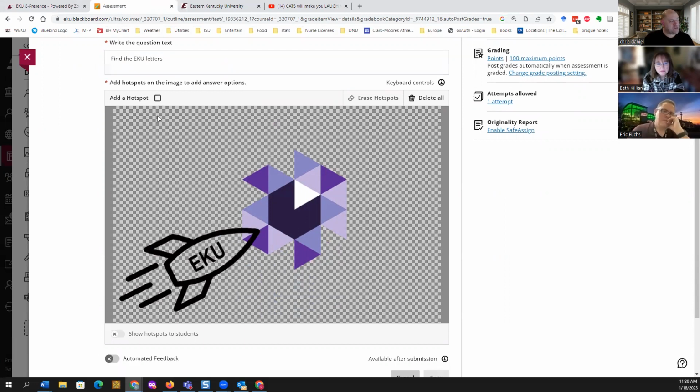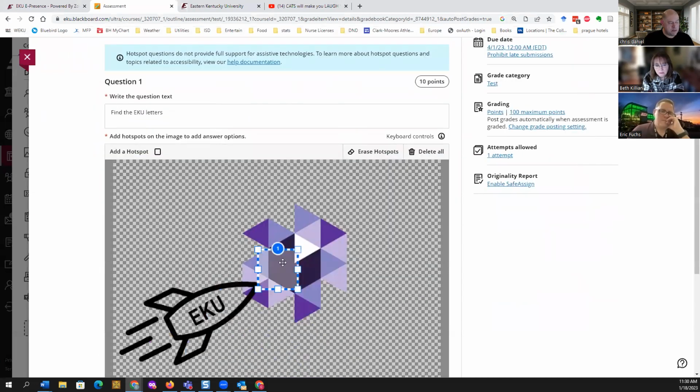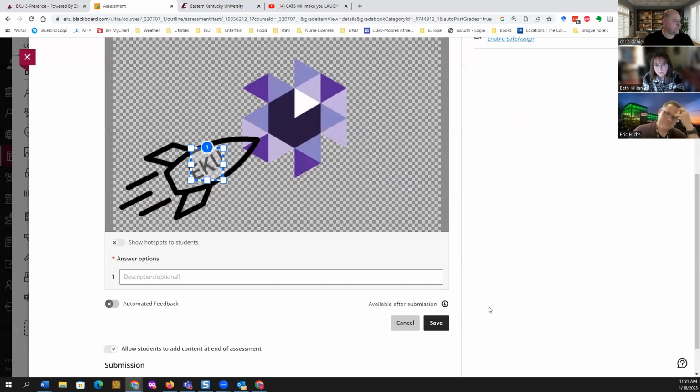When I click add hotspot, it makes the hotspot on the screen. I can size that hotspot however I want, and I can leave it alone. That can be the question. When the student sees this question, they just drag the hotspot marker down from the top of the screen and place it wherever they want. So I'm going to go ahead and just save this.